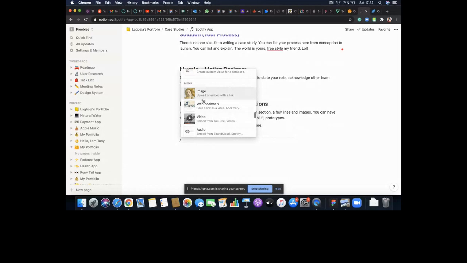Let's just go straight to Figma. InVision is here, Framer is here, Whimsical is here, Miro is here, PDF, Loom, Typeform. I mean, it's really extensive. So let's just go to Figma. And all I need to do is to paste the Figma link. I already have one opened here, so I'm just going to copy the link and paste here.